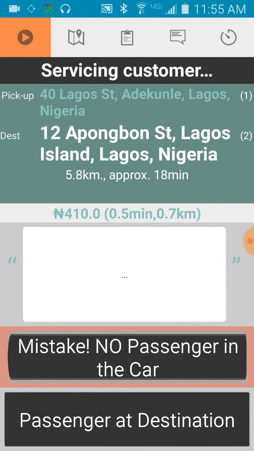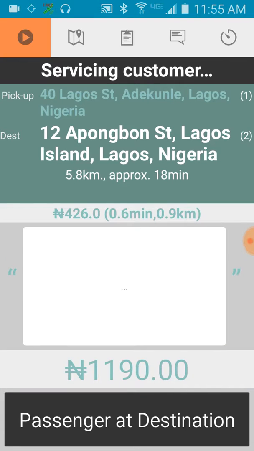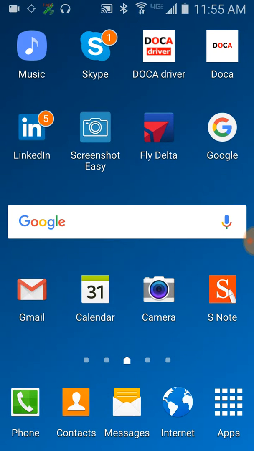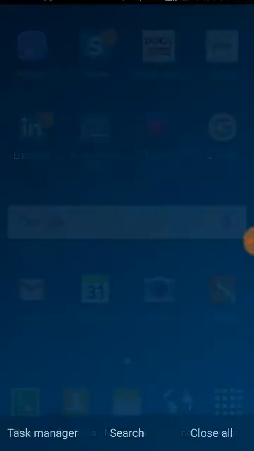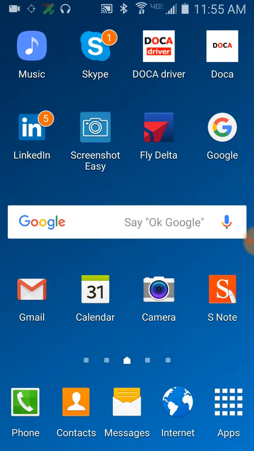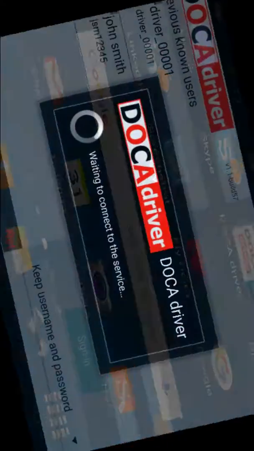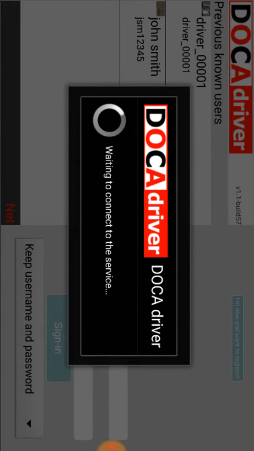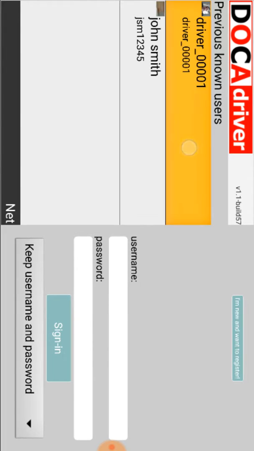But if I turn off the app, either by accident, or if my phone shuts down because the battery is down, or if anything turns off the app at this point, so let me just turn it off to show you. I could go here and just turn it off. Then, remember, we picked up the passenger and the taximeter is running. When you go back in and you log in,